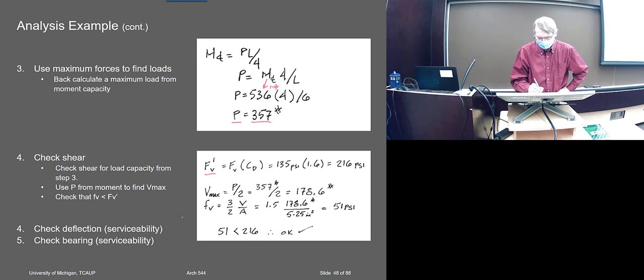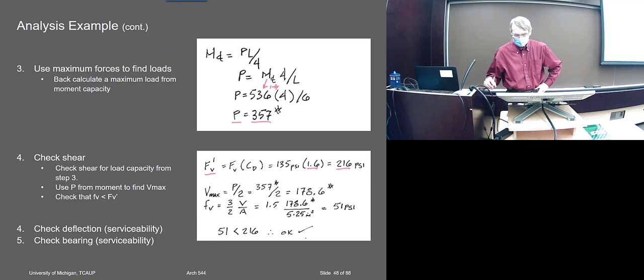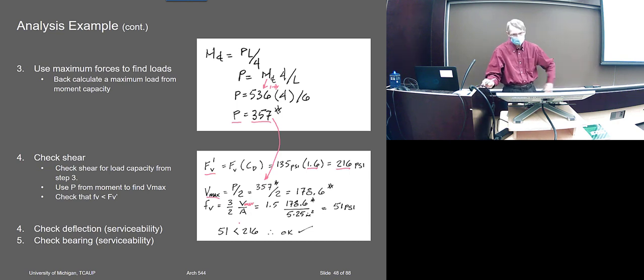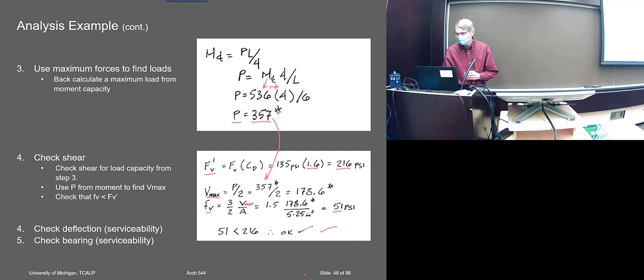Then you'd check the shear. The shear does have the CD factor on it, so that pumps the allowable shear way up, 216. So if I take this value and use it to calculate the Vmax, I can check this based on the Vmax, which in this case, a point load, would be the same as at D distance. And that only gives me an actual shear of 51. So 51 is certainly safe. Okay, so that's a simple